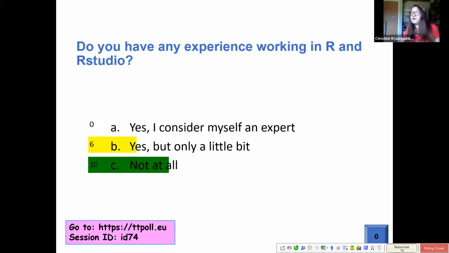Okay, so we're not going to go too deep into stats in this bit. I'm just going to do basic things, show you how you can do it, show you where the resources are that you can use to dig a little bit deeper if you do need to. So yeah, I see most of you are not top level R users. The good news, R is super easy to use. So we will look at a few examples just now. I've just set up a few slides that I'm going to go through just to give you a basic idea, and then we'll go straight into R and we'll play around.